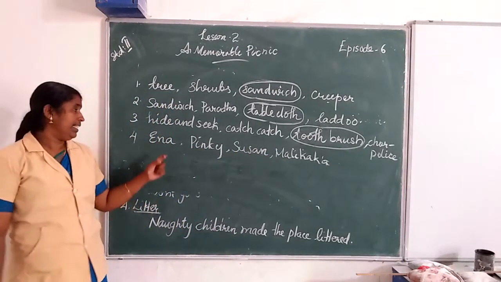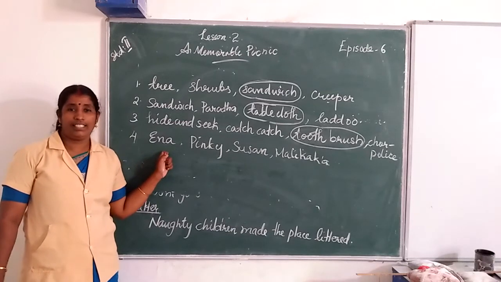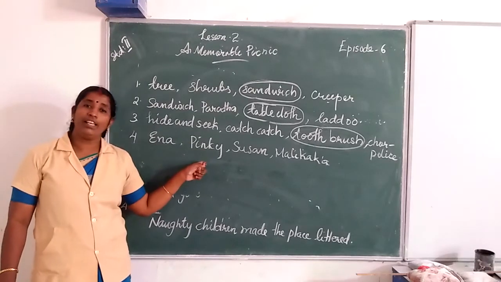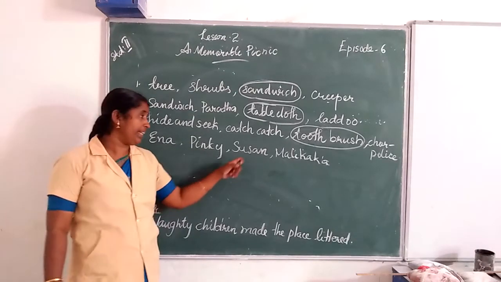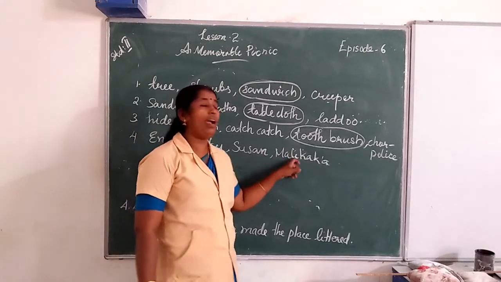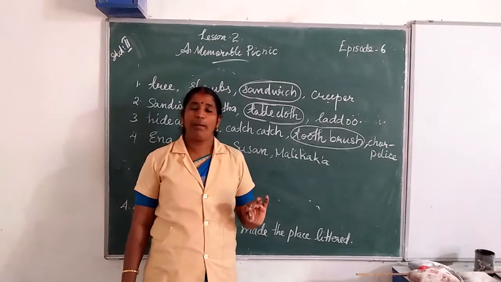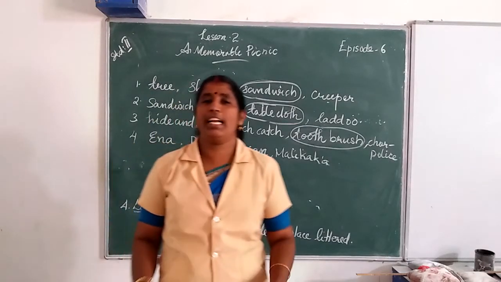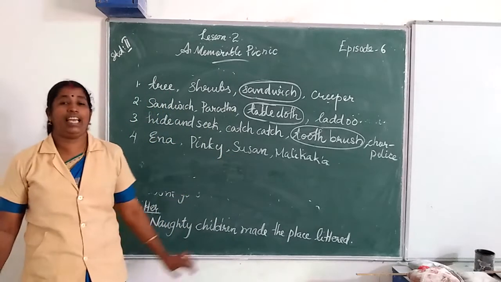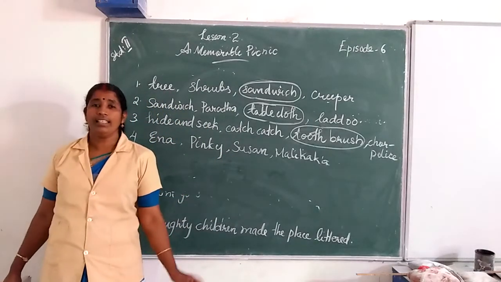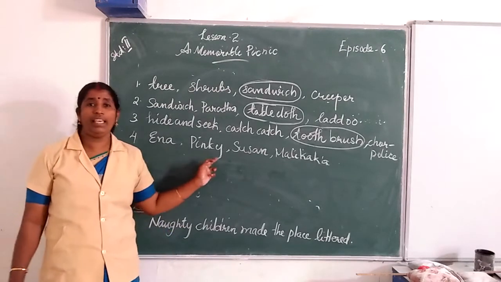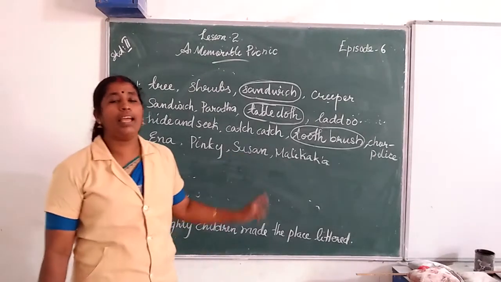We all know that Ena is a child who went to the picnic. Pingy is also a child who went to the picnic. Susan is also a child who went to the picnic. Then Manikaka, who is Manikaka? Manikaka is the gardener. These three are girls. Is it clear? Ena, Pingy and Susan are girls and Manikaka is